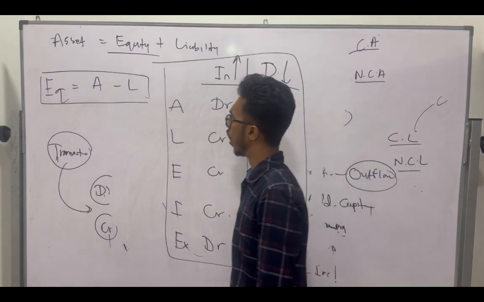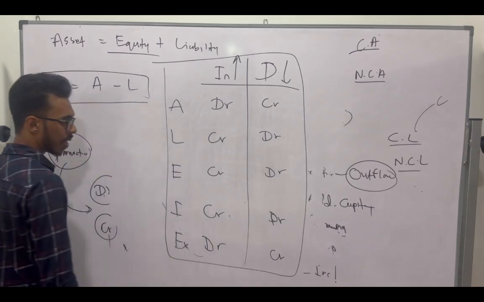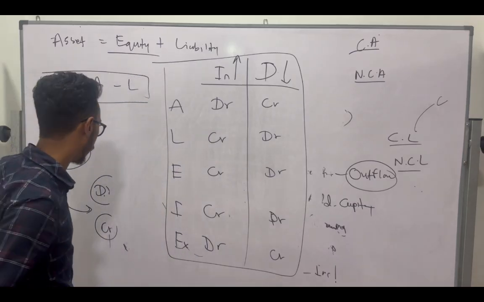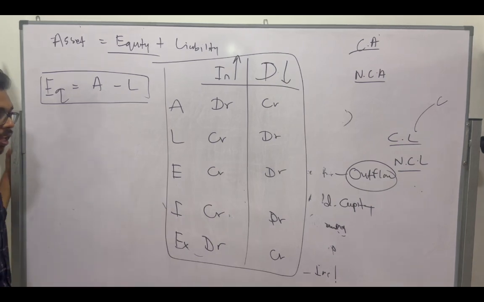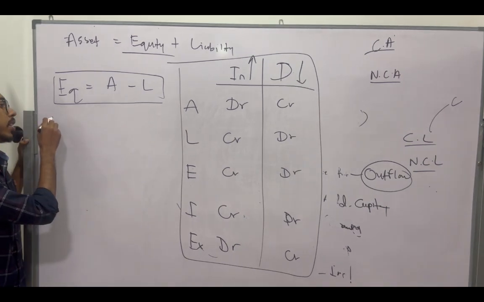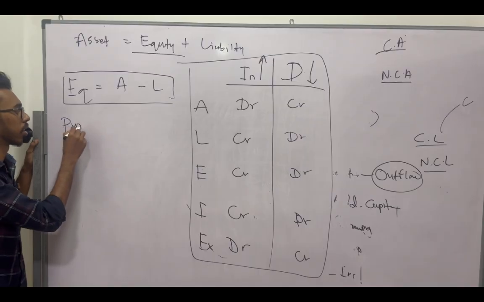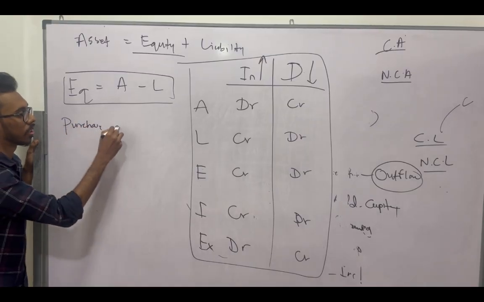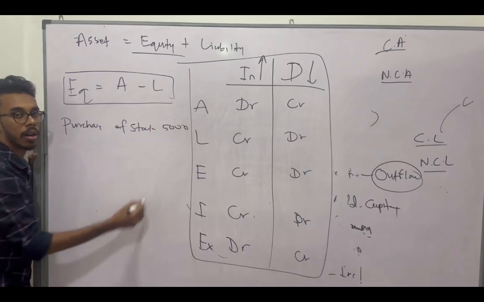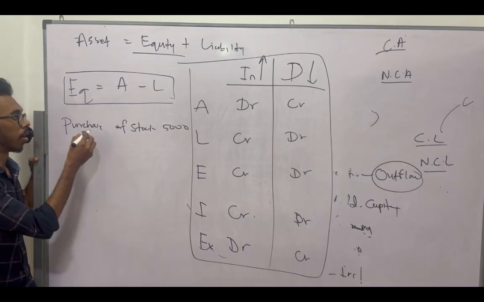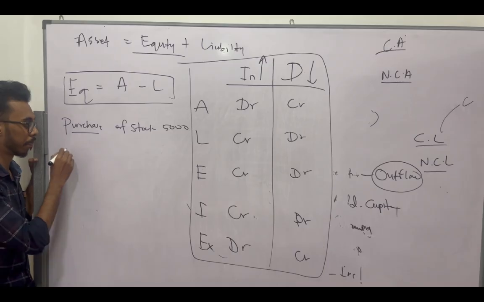Right? So that's about the dual impact of transactions. Now let's take a transaction. The transaction is the purchase of stock, 5,000. So what is the dual impact? Purchase account, right? Purchase account